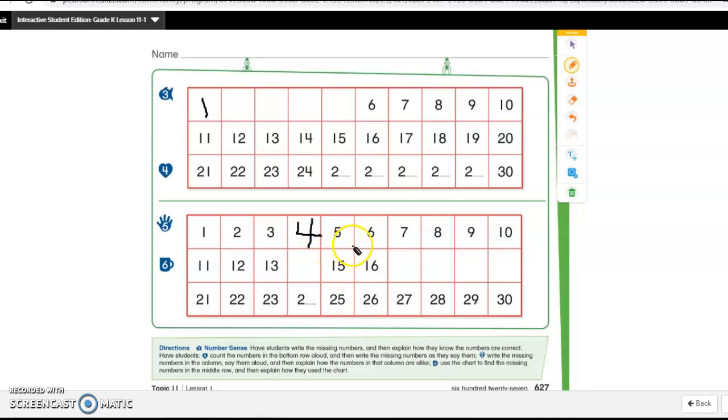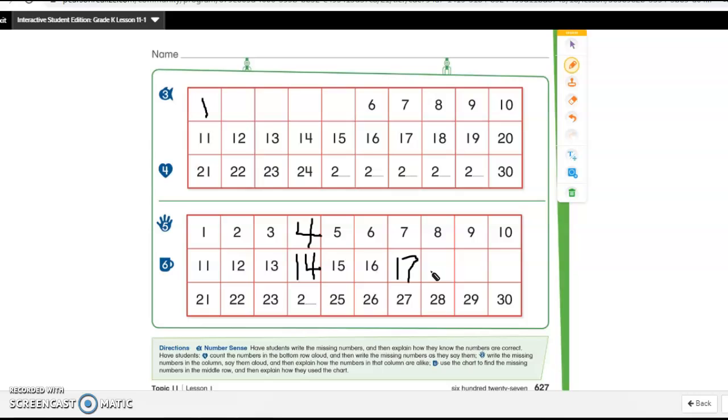Great. So we can keep counting. It does not hurt us to keep counting and practice, okay? Don't just skip to the next box. 5, 6, 7, 8, 9, 10. Now we go down here to 11, 12. That's how we count. When we get to the end of one row, we go to the beginning of the next. 12, 13. Oh, look, there's a 4 up there. I know this number has to have a 4 in the ones place. Sorry about the noises. Oh, make 14. The 1 goes in front. 14. Good. 15, 16,